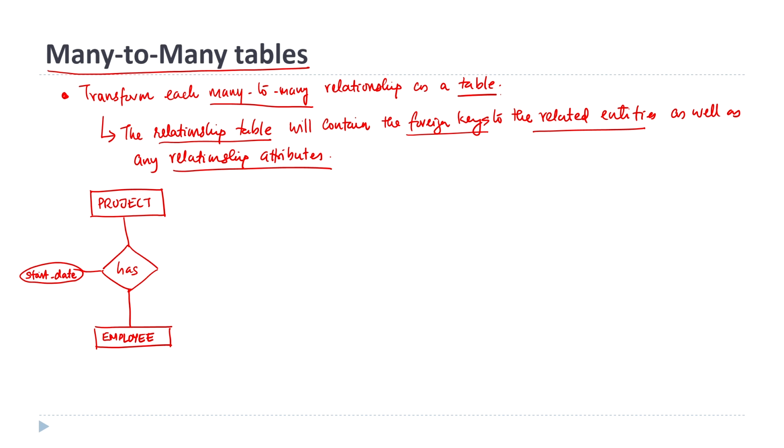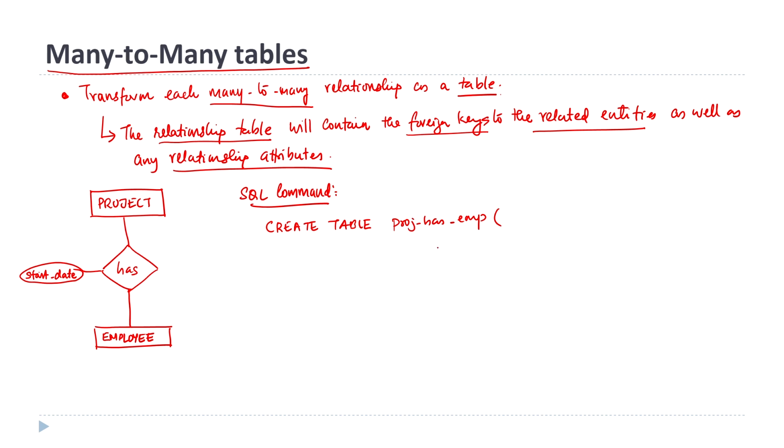Okay. That is the case, then what we can do is we can write a SQL command for this. Let us create this SQL command for creating this relationship table. Okay. So, we write it as create table. Okay. I am going to name it as project_has_emp. Okay. So, I am saying that the project has employees,